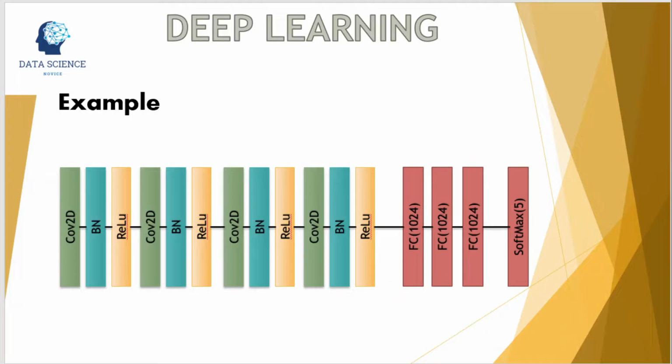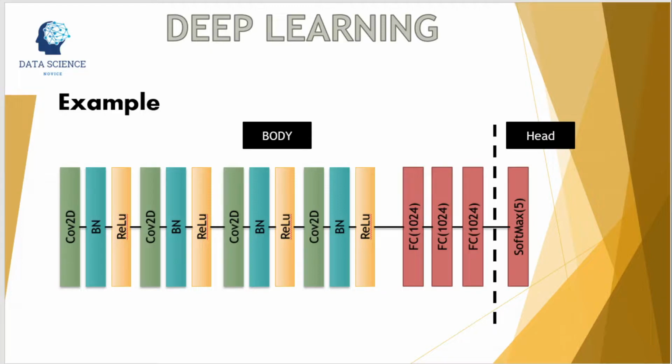Next, we can use transfer learning and this will be more efficient. So let's see how we do that. We can always think of our network as having two parts, head and body. So what we can do is replace the head, or in this case the softmax layer. Instead, here we use a softmax layer with 10 neurons to classify 10 categories and train the network, but this time freezing the pre-trained weights. And if we don't freeze the weights, then the whole purpose of transfer learning is defeated, because then it will be like training from scratch. And in the practical section we will see how to freeze the weights or layers. So in a nutshell, it's like chopping off the head and replacing it with a newly created head.